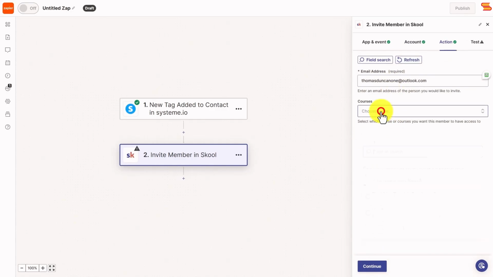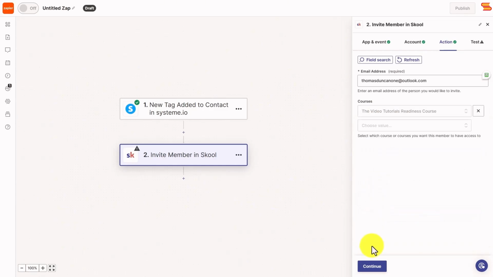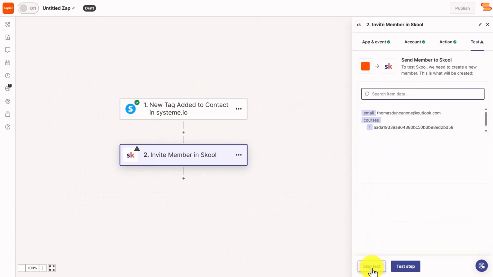We're then going to go to the courses area. You're going to notice that we have more than one course now. We're going to select the course. We're then going to click Continue. And basically, once we publish this zap, when an occurrence happens in our System.io account, we're going to set off an action to have an individual added to our Skool